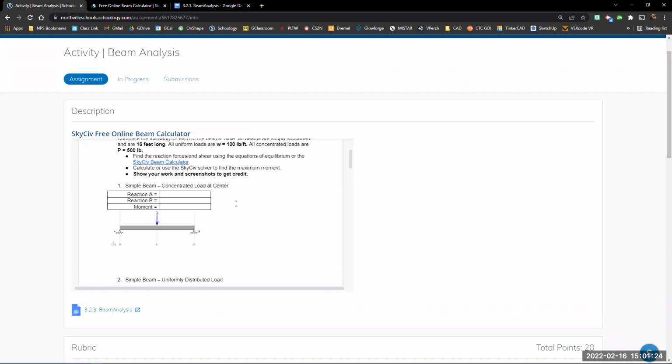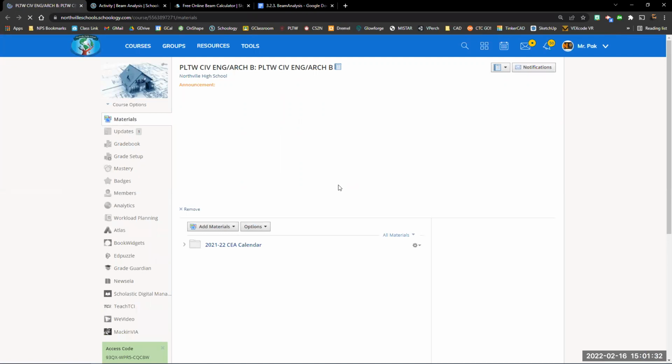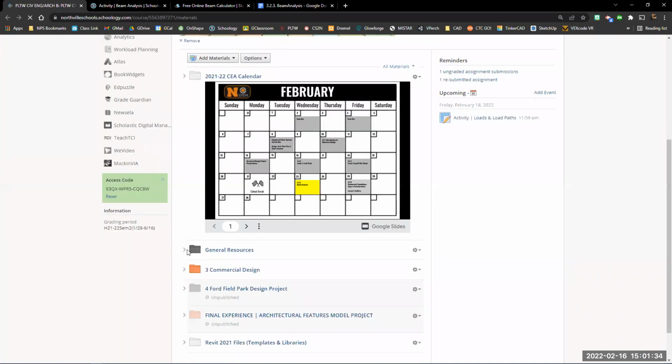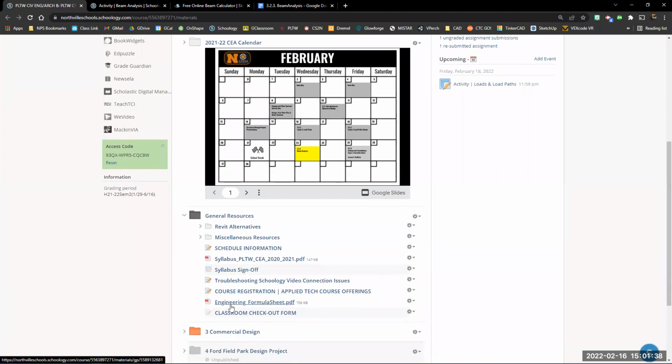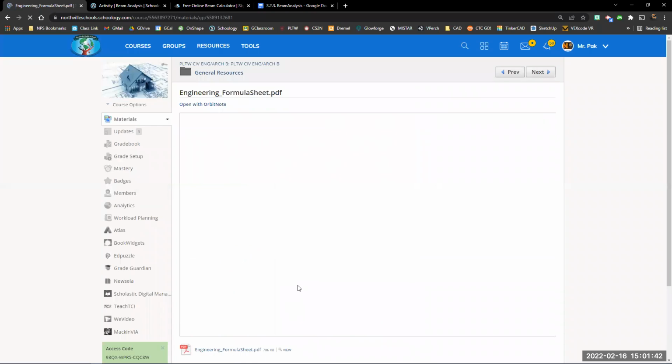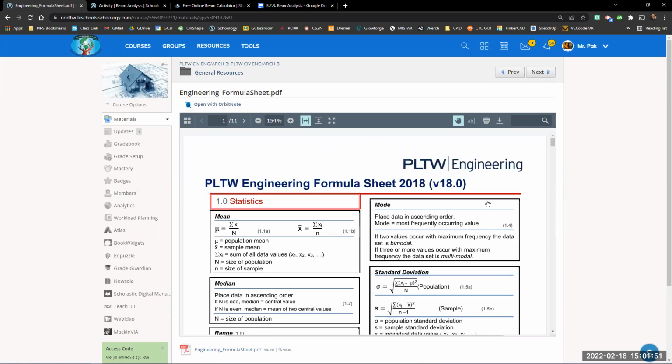For that, I am actually going to go back to our main page on Schoology. If you are here on our Schoology page, come down to general resources, and then scroll down here to the engineering formula sheet. When you're going to take that end of course test, you will have access to this formula sheet. And I want to start pointing this out to you guys so you know where to access some of the